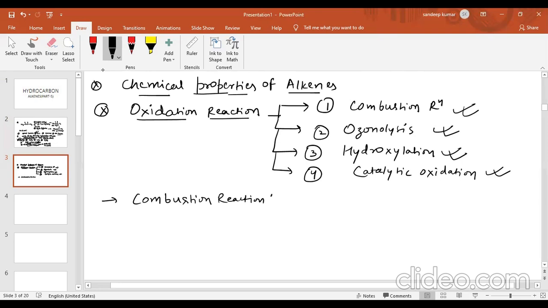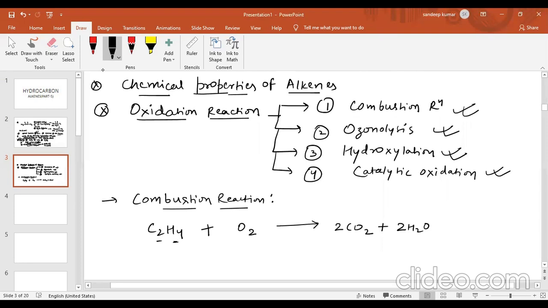So this is the first chemical property, oxidation reaction, in which we are going to study the combustion reaction. So what are the products obtained? Simple. For example, if there is combustion of ethene, C2H4, combustion is always in the presence of oxygen. How many carbon atoms are there? There are 2 carbon atoms. So the number of CO2 molecules will be the same as the number of carbon atoms. Now see, how many hydrogen atoms are there? 4 hydrogen atoms. So 4 by 2 means 2. So there are 2 moles of water molecules.